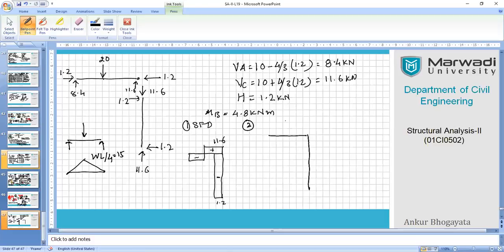So in the center, since it is sagging, I'll be showing it above the line. So that is my first bending moment. And now we'll go with the end moment also. So we have MB as 4.8. So I'll be drawing that 4.8 here, since this is a hinge, so we cannot show any end moment over here. There is no moment reaction. So it will progress like this. Let me show you like this. It will progress like this.